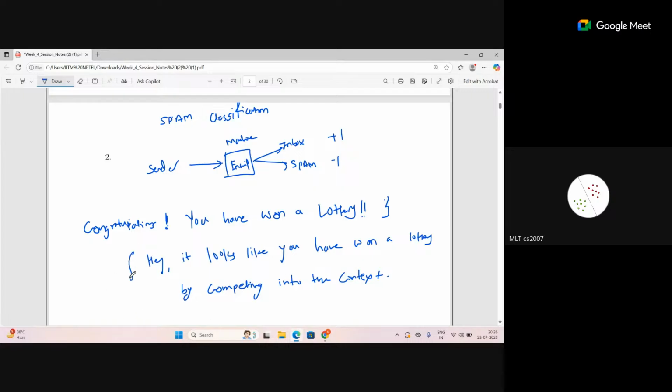So this looks like something my friend has... oh, sorry, context, not contest. It should be context, right? Suppose you have won some contest, some hackathon or something, and you have won some reward. You thought you should get like 100 rupees, and now you have earned more than that because you won the first prize, let's say. So this mail should go into what? Spam category, and this email should go to the inbox, right?